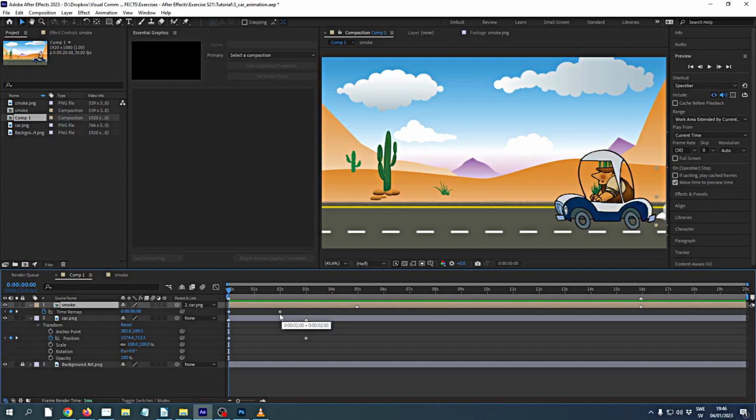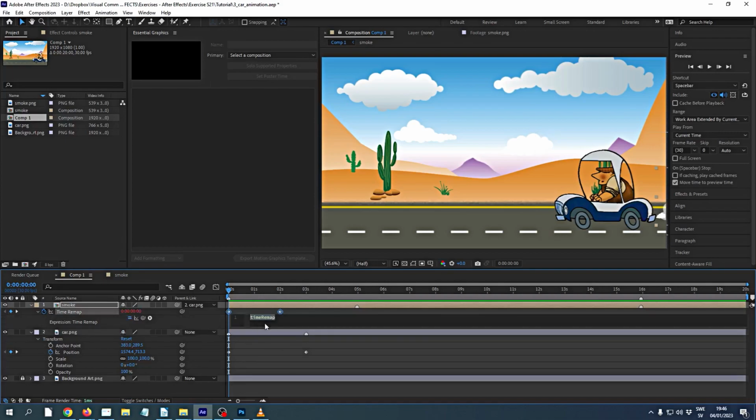But it also gives us something else. It gives us this stopwatch. And if we hold down the Alt key and click on the stopwatch, we can type in an expression for the time. And an expression is just like a script command that you give to the application. It tells it to do something. In this case, we want to write loop out,